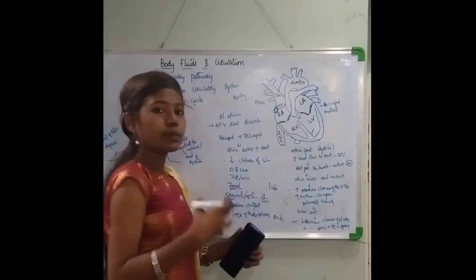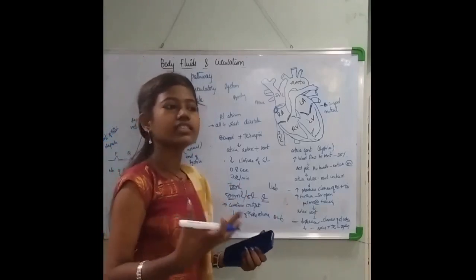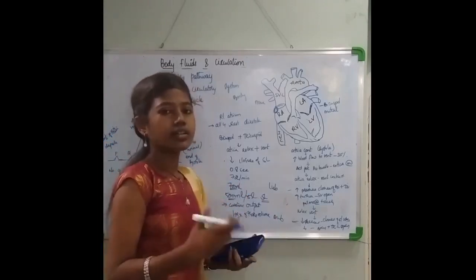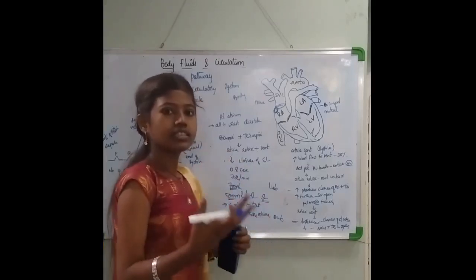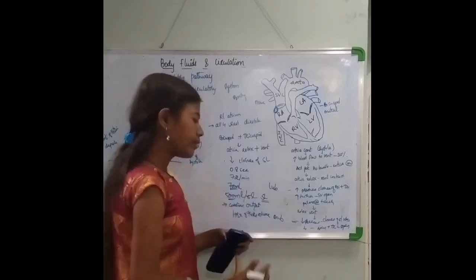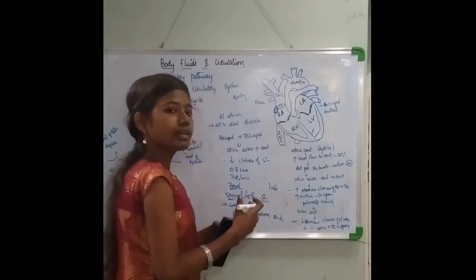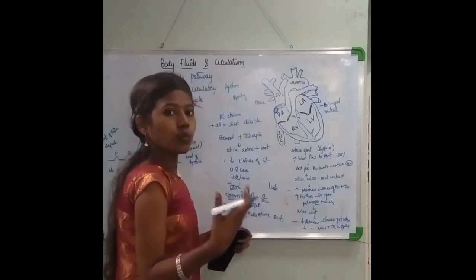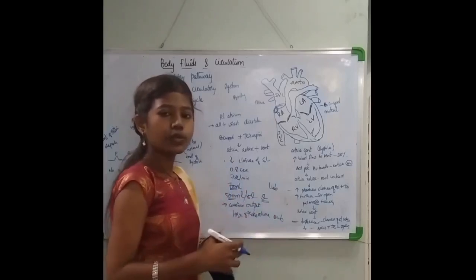Now this cardiac output can be varied because the heart rate can be altered. Your body has the tendency that you can increase your heart rate or decrease it. Hence the cardiac rate is influenced by several things, exercise or otherwise, and it has the ability to get moderated. When the heart rate is altered, the stroke volume gets altered, and when stroke volume gets altered, the entire cardiac output gets altered.